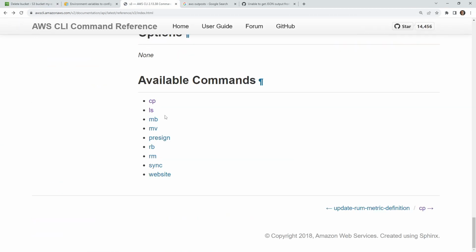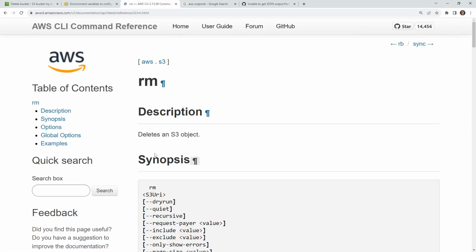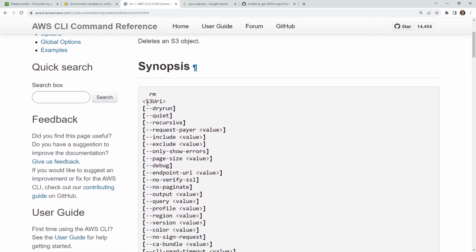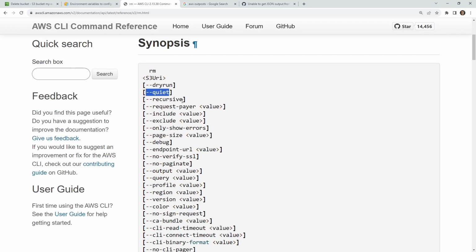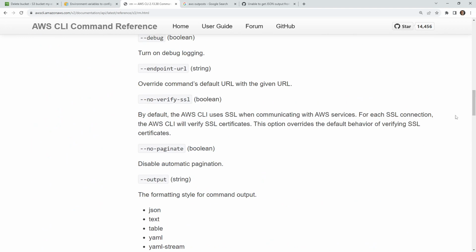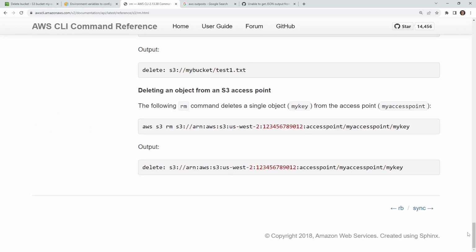We'll go back to our commands here. We're going to go to our rm, our remove command. And there are a few things here. We have a dry run. We can tell it to not give us output. We can do it recursively. We probably want to recursively delete. Let's go to the bottom here. We'll have to delete one file, but